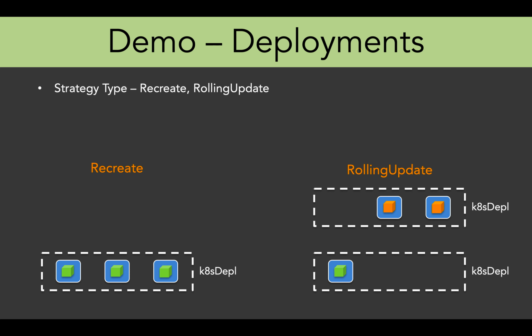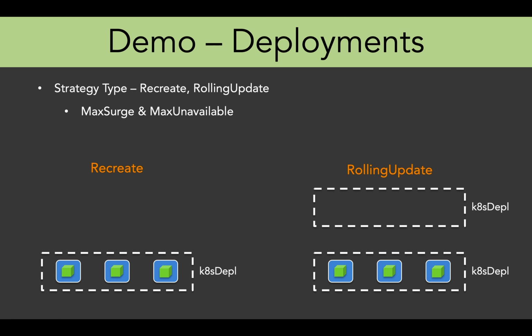Yes, we have some portion of the application running the old container image and some portion running the new image, but that is fine. We are not having a downtime. We can handle that situation also. Then the next pod is also upgraded, keeping one old pod in the replica set. And finally, the old pod is also replaced by the new pod with the new container image, and the existing replica set deployment is deleted completely.